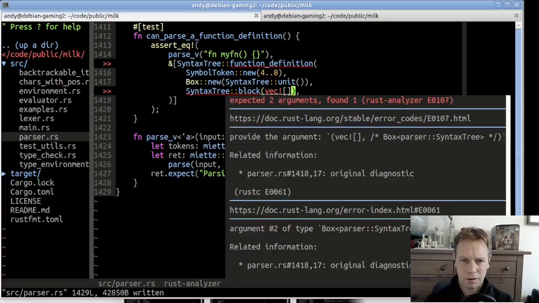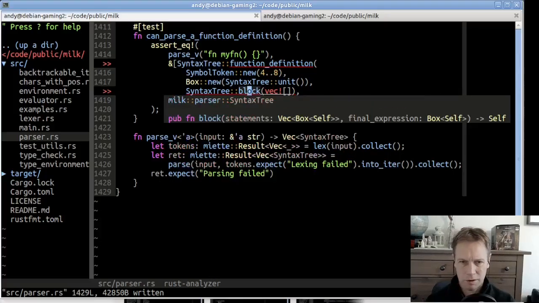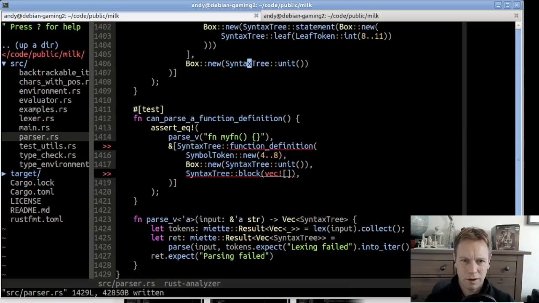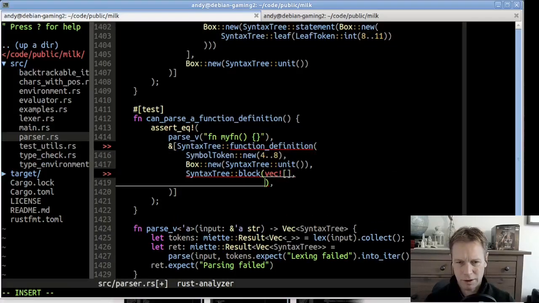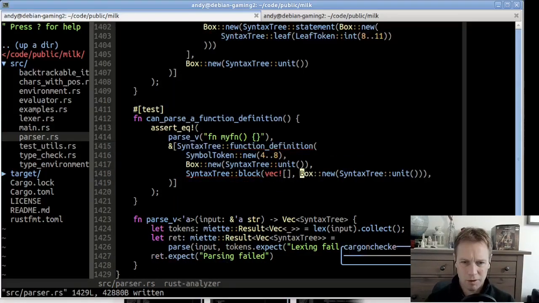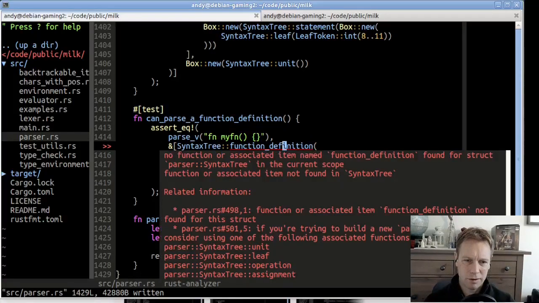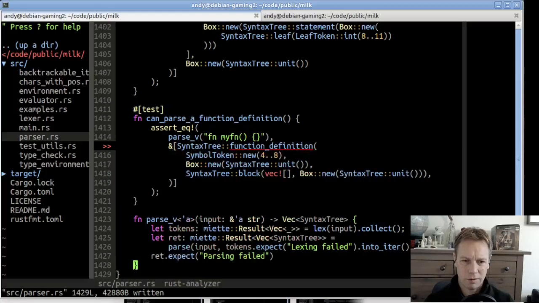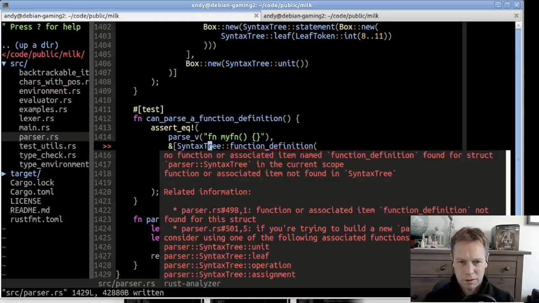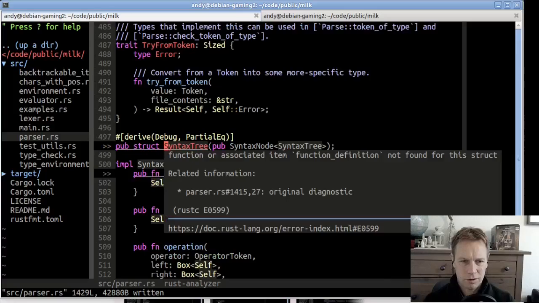Okay, so our block takes 2 arguments: the statements and the final expression. Alright, so I just deleted the code I needed for that. So the final expression of this block is actually just a unit because there's nothing in the block. So there's no pre statements before the final one, and the final one is just unit. Alright, so now it's saying, obviously, we don't have an associated function called function definition on syntax tree, so let's